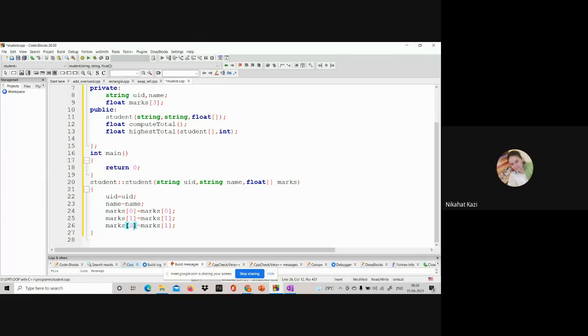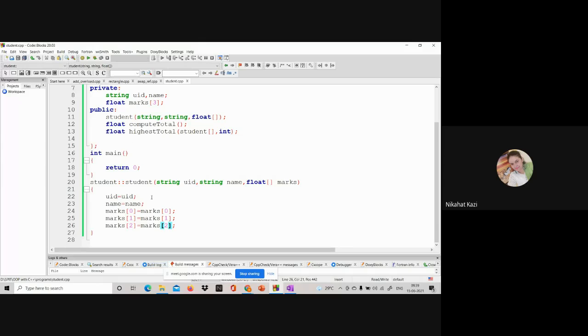But will this work? This will run fine, but what will be the problem? This is a local parameter to this constructor, so it will have precedence. The data members are global for this function, outside of it.